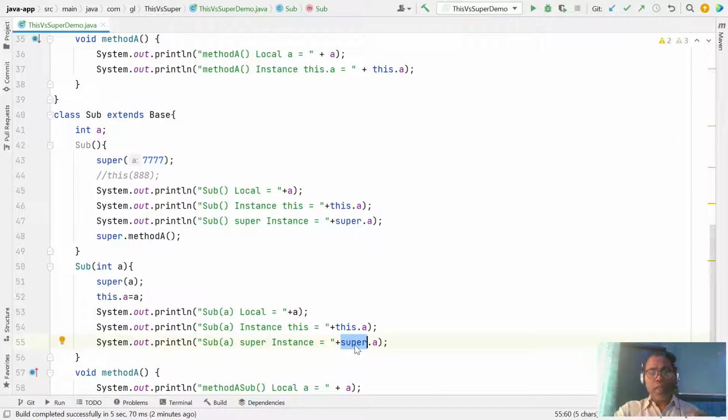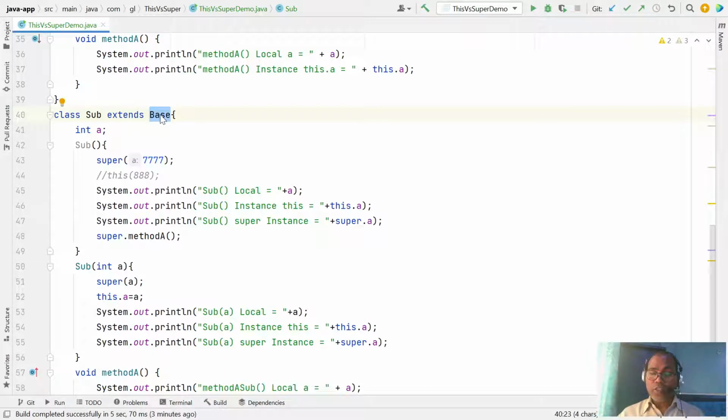So this is the chaining where this and super solve the problem only in the case of name conflicts. If both classes have different variable names, there is no need to use this. It only helps when the developer defines the same variable name or same method name.